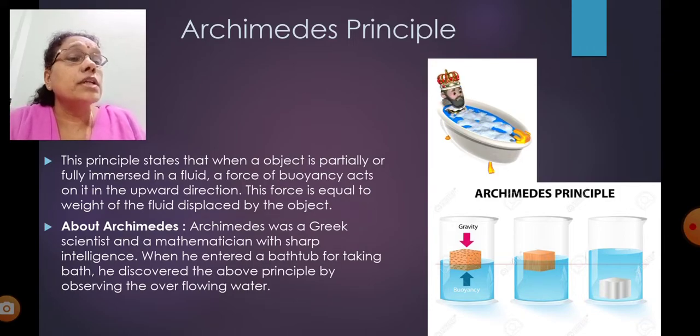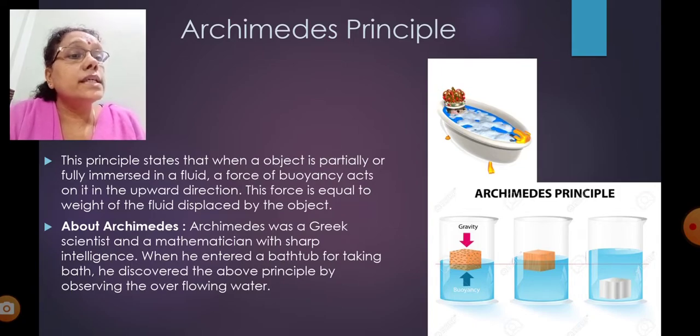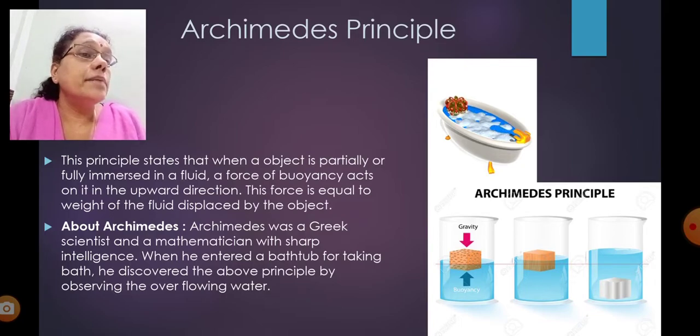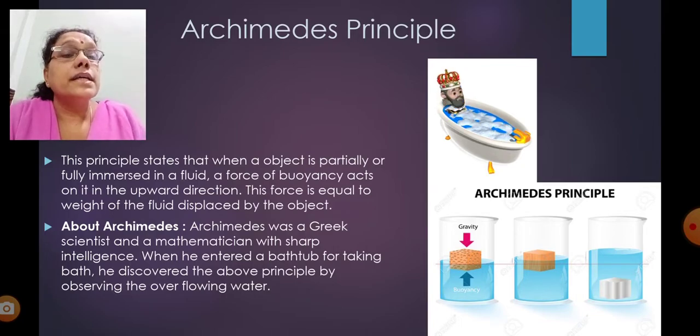In the picture, there are three beakers. In the first beaker, due to gravity, the weight is going down. In the last beaker, you can see the weight has gone completely inside. Due to that, the level of the water has gone up. There is a difference in water level from the first beaker to the last beaker. It is going down half way, then totally going down. At that time the water level is high. That's about Archimedes' principle.